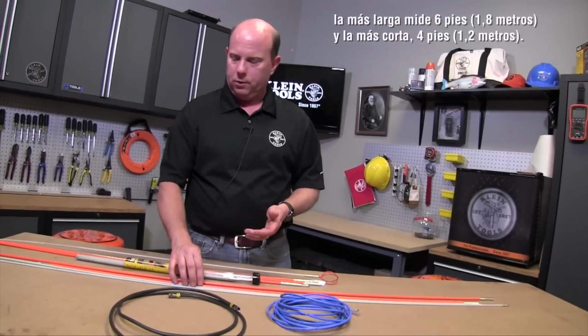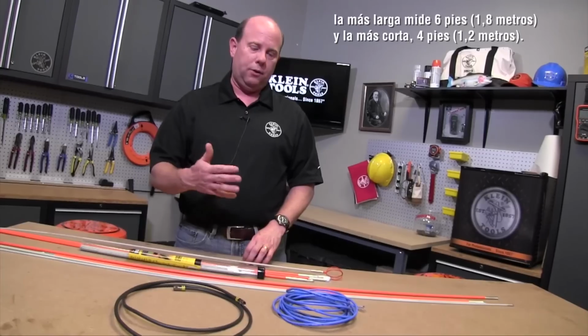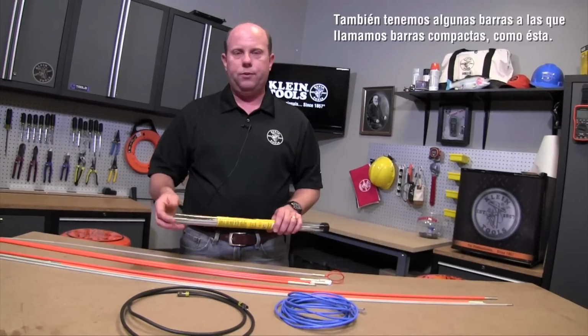Secondly, we have a variety of lengths, so you can mix and match to get any distance you're looking for. So we have lengths all the way up to 6 feet long, down to 4 feet, and we also have some rod items